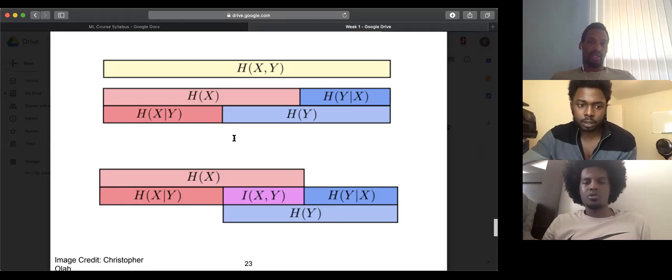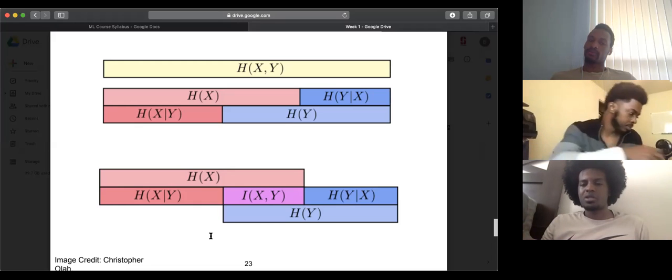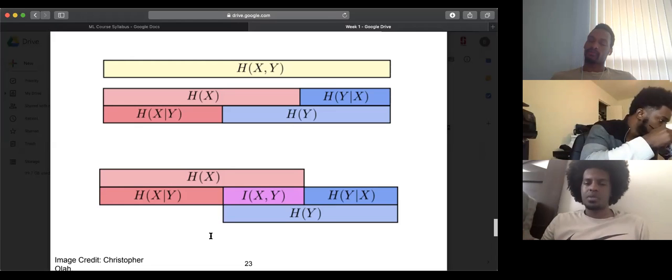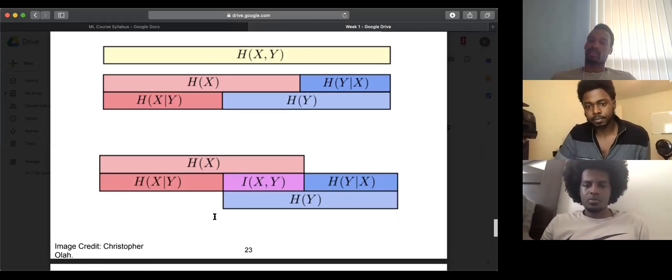So what we're doing is calculating the total amount of entropy for our first variable, just x. Then we also calculate the total amount of entropy of y. When we take the subtraction of the two, we're left over with mutual information. So it's effectively redundant information between the two variables. There's some redundant information, you subtract it, and then you get the mutual information.